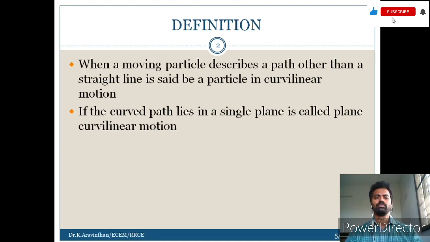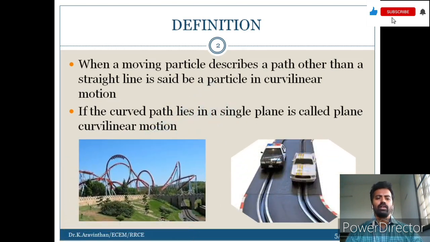You can also see an example here. The giant wheel is also an example of curvilinear motion, and the adventurous amusement rides have a curvilinear path of motion. Here you can see that these rails will carry the people in a single direction, so in one dimension only; the other two dimensions will not be here.